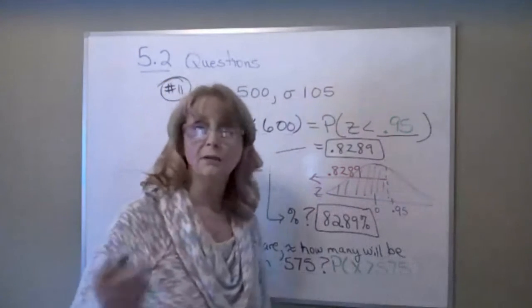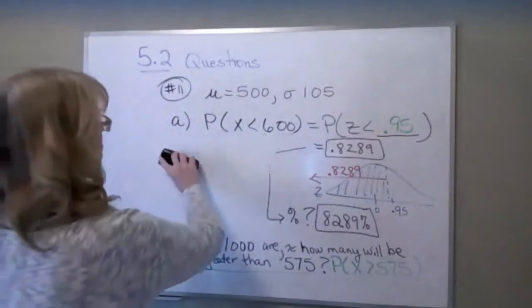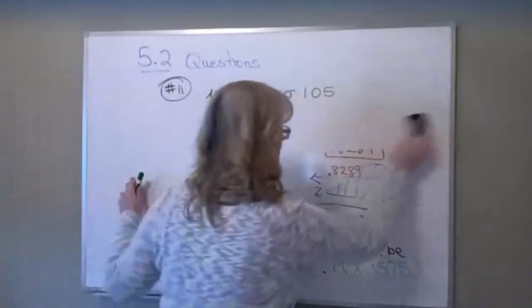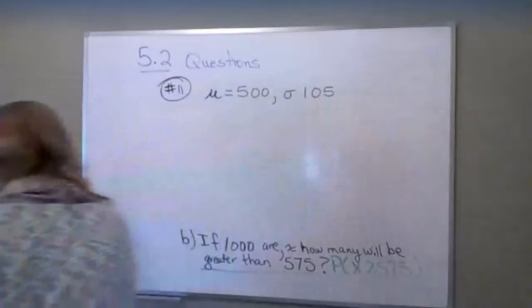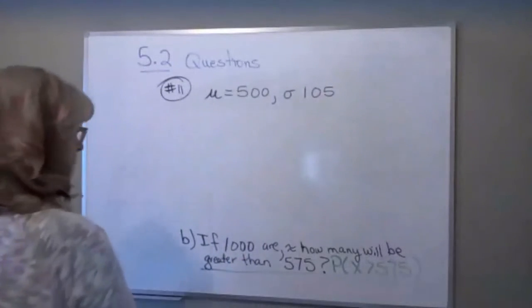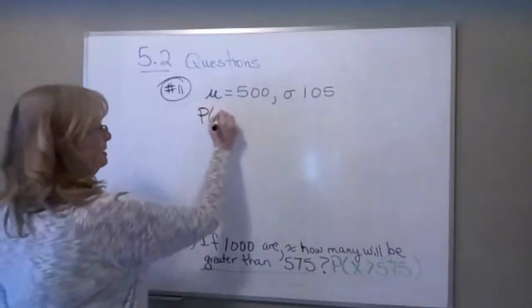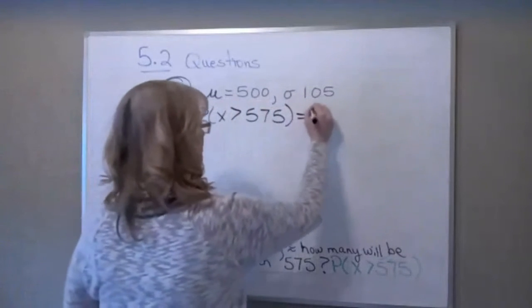So let's talk about how to do that. So I'll just erase this. We'll just do that B part. So if I do the probability that X is greater than 575,